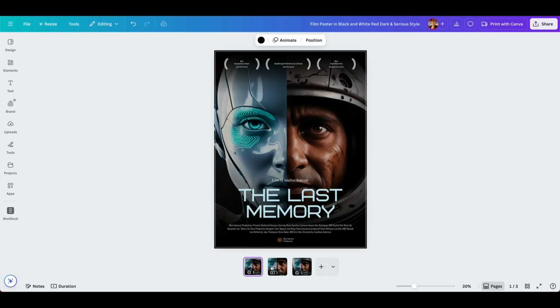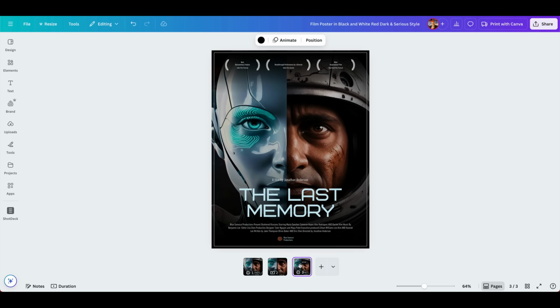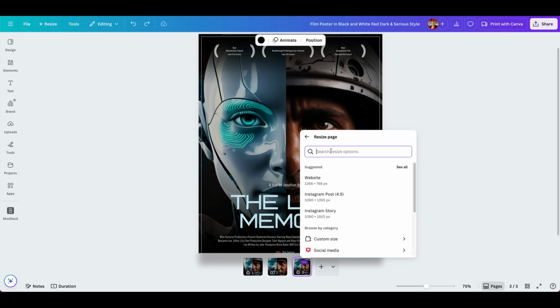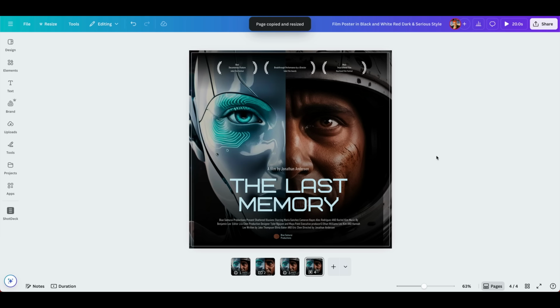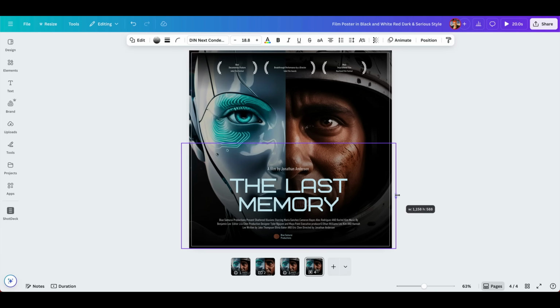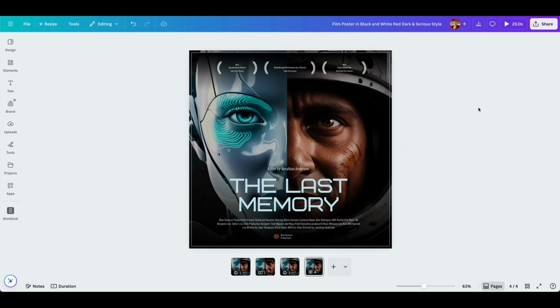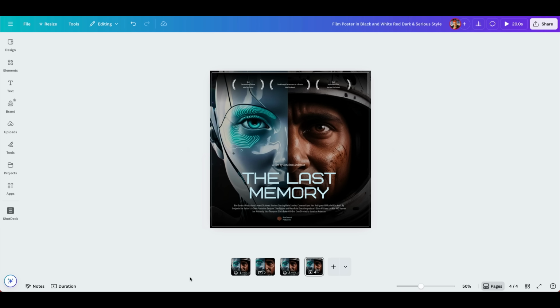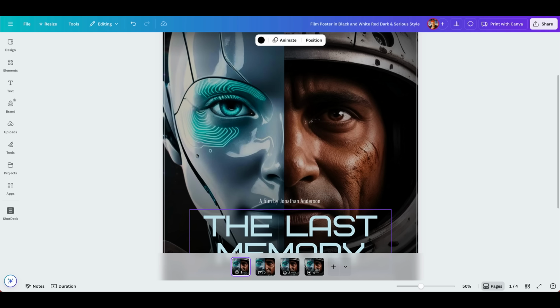So here we have our poster, we have our story, and we have our flyer. And let's just do one more. We'll do a Facebook post. You may have to make some minor changes here, maybe adjust this a little bit. But you can see that we have 4 different designs as we're building out this campaign, and they're all in